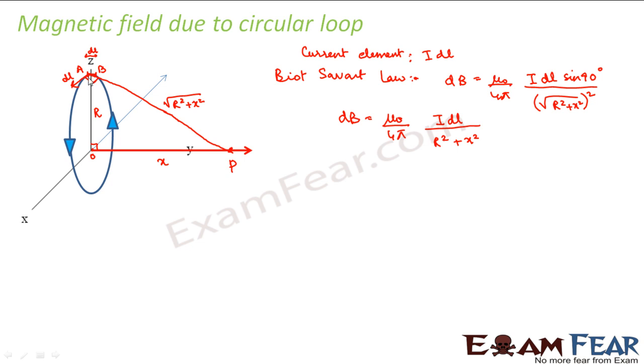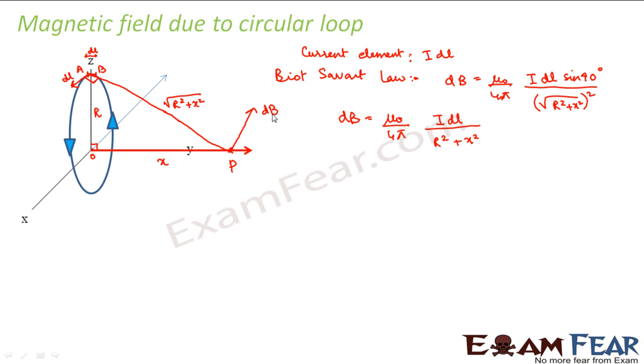Now what about the direction of dB? When you look at the direction, you again apply the right hand rule. dB is governed by dl cross r. So take all your fingers towards dl, whereas r is towards the right. If you take it towards the right, you would see what is the direction of dB. The direction of dB comes out to be somewhat like this. This becomes the direction of dB.